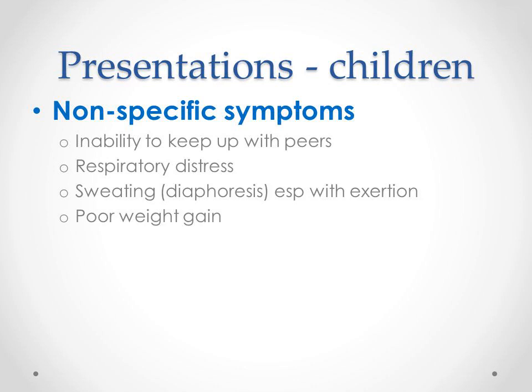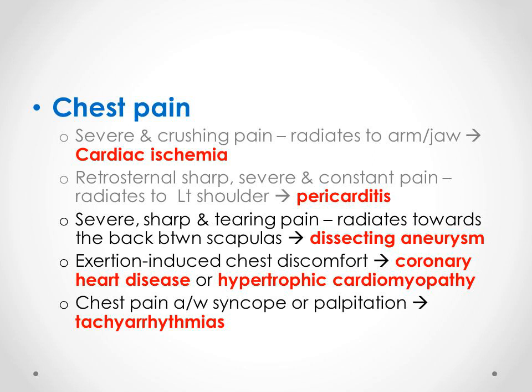Presentations in children. Nonspecific symptoms: inability to keep up with peers, respiratory distress, sweating, diaphoresis, SOB with exertion, poor weight gain. Chest pain: severe and crushing pain that radiates to arm/jaw suggests cardiac ischemia; retrosternal sharp, severe and constant pain that radiates to the left shoulder suggests pericarditis; severe, sharp and tearing pain that radiates towards the back between the scapulae suggests dissecting aneurysm. Exertion-induced chest discomfort suggests coronary heart disease or